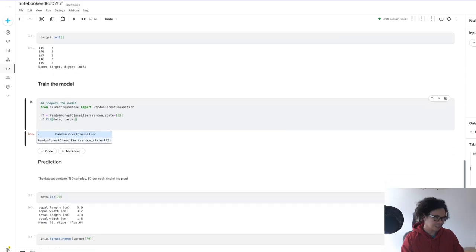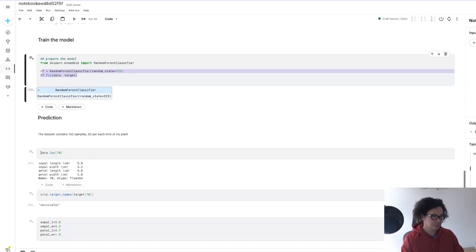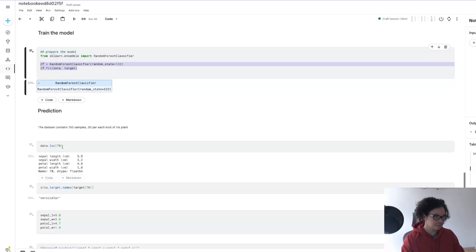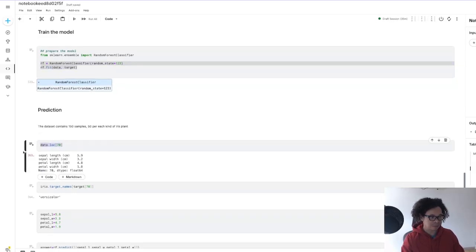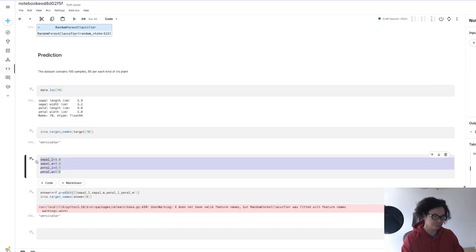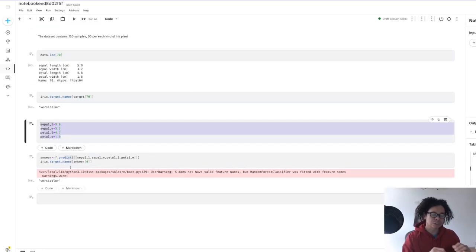Okay, then I use the data and the target separately, and I use them all to make the predictions, to create the machine learning model that would actually create some predictions. Then I use the same data that I had in training as an example to create some new values. What you actually do in reality is that you separate from the training data, you leave from 10% to 30%